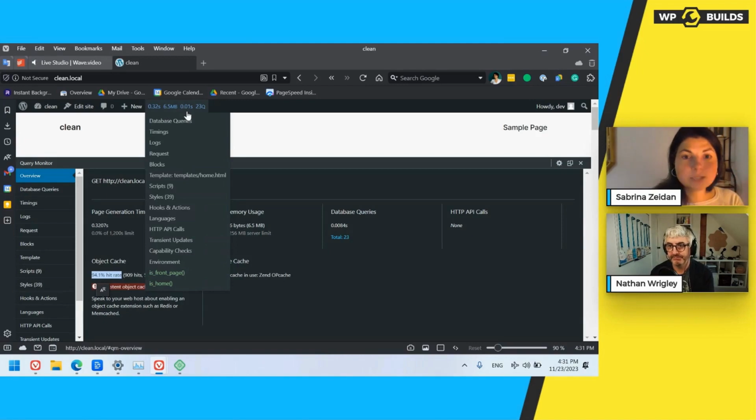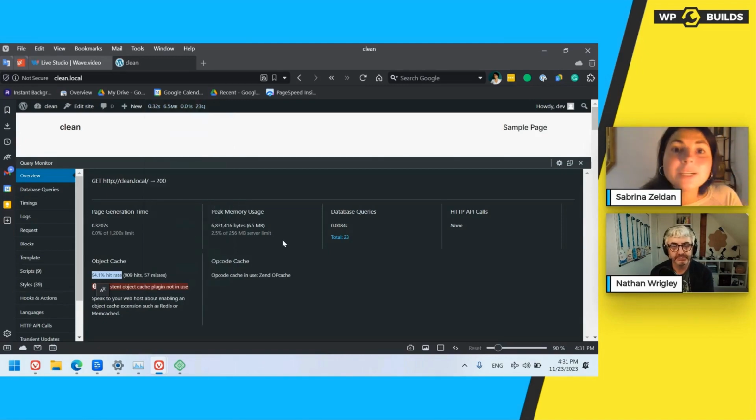Another quick thing that you can check with Query Monitor is over here. You see peak memory usage, right? Here we see how much memory was used for loading this page from the available memory on the server. And we see that the server limit in PHP is set to